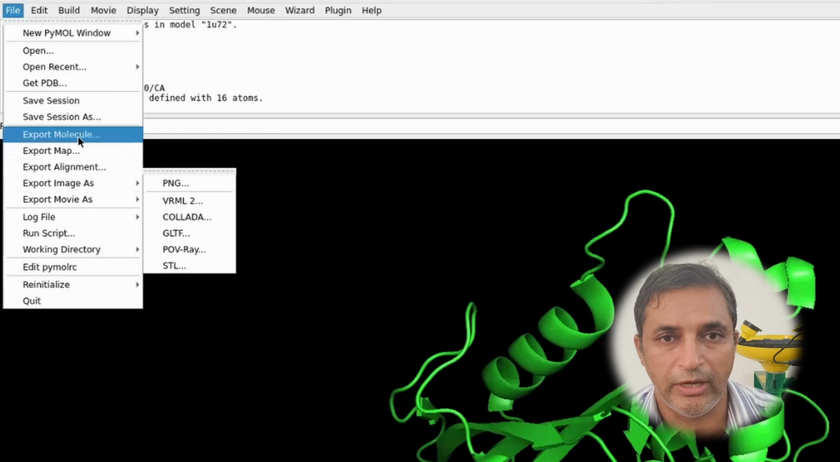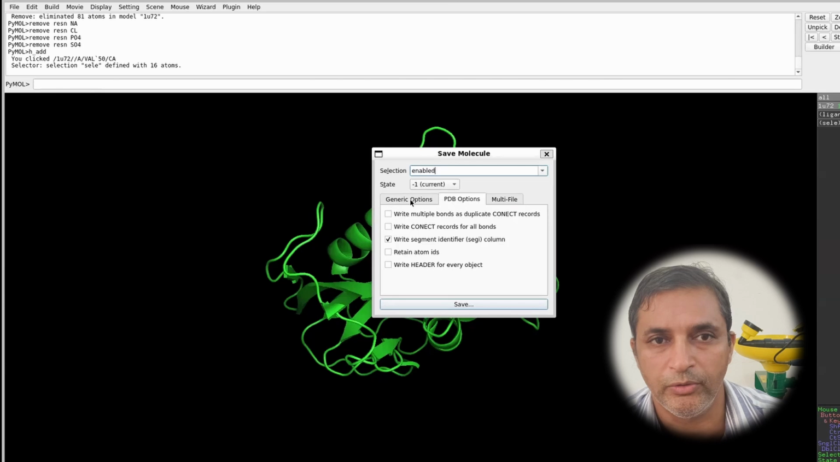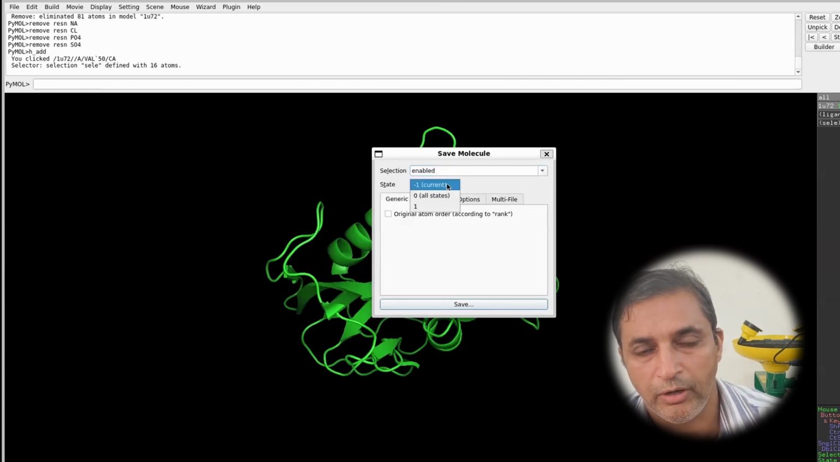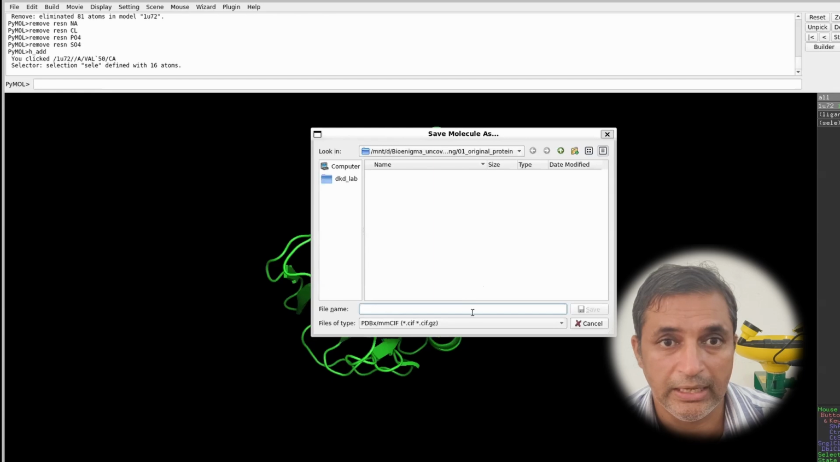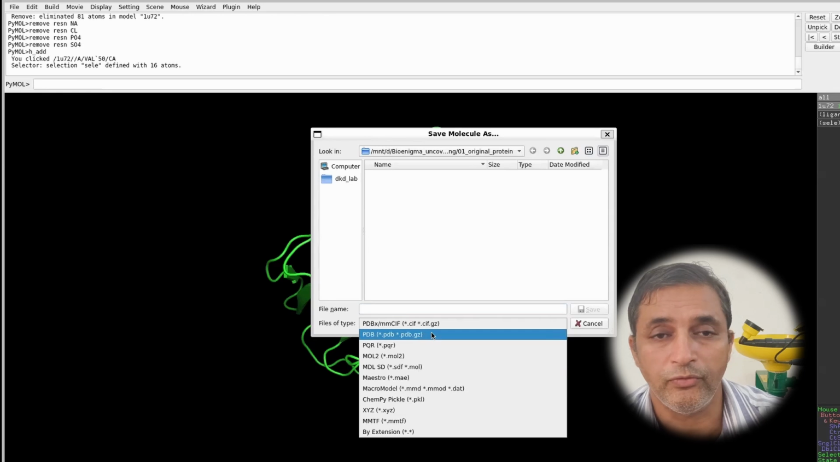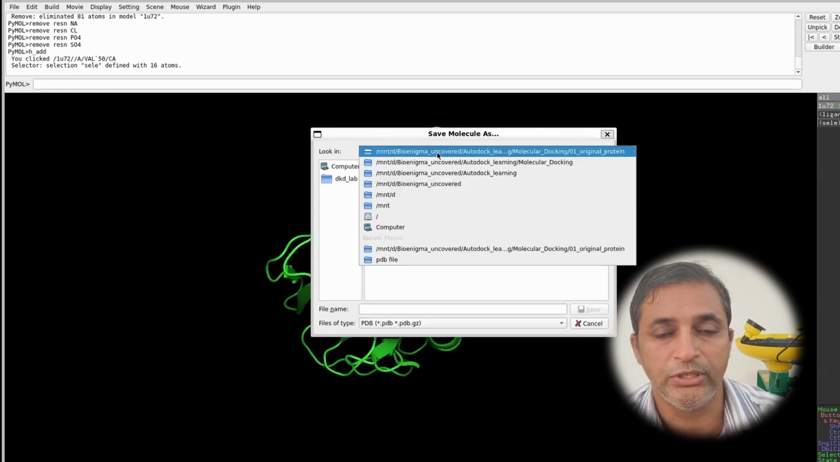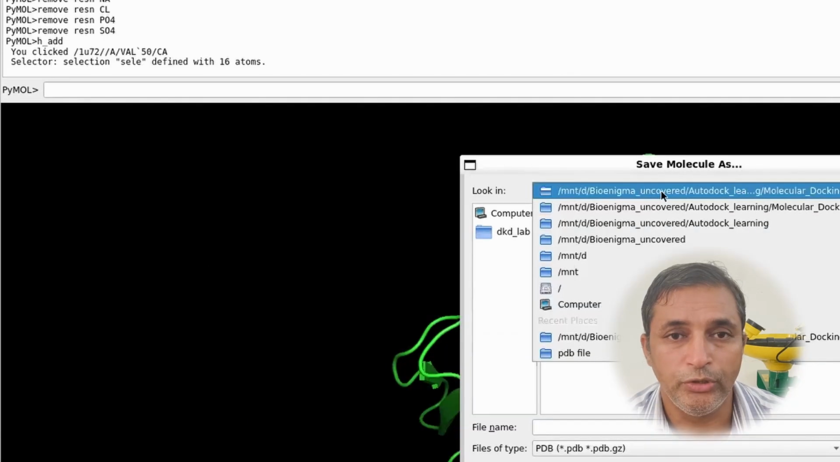So for this, select the file option, a drop down menu will open, select the export molecule button. Once you click on export molecule, another window will open up, and from this, select your protein in a PDB format and rename your file as 1U72_cleaned_receptor. And do not forget to save your protein in a .pdb format. Once you do this, just close all this window, and then in the next step, move again to your Ubuntu